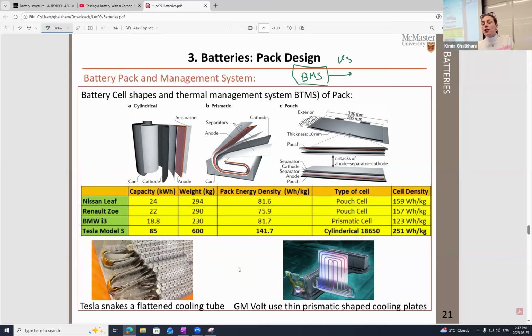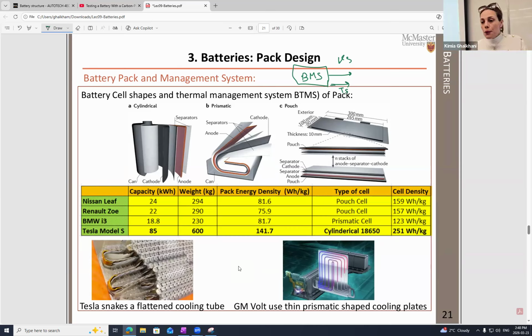This BMS has voltage sensors, and of course you can have temperature sensors as well. These two types of sensors are really accurate, and you can connect them module to module if you have modules. Or if you have, for example, prismatic battery cells, which are very common for electric vehicle applications, you can connect a voltage sensor and temperature sensor to the tab of each single prismatic cell or cylindrical cell,